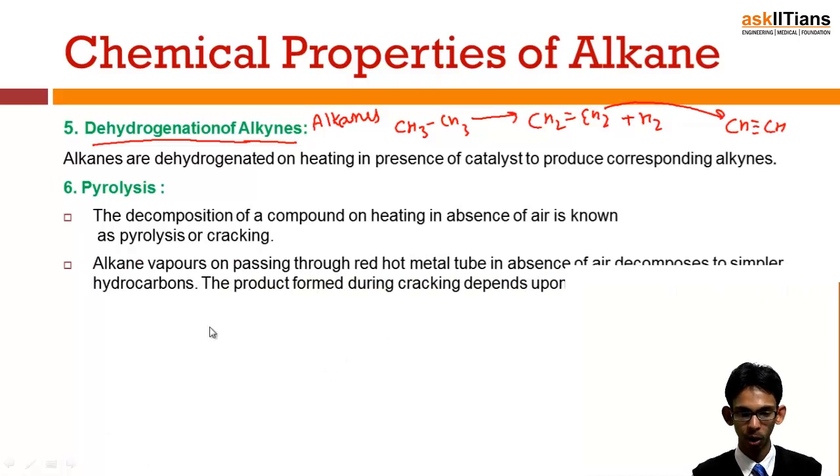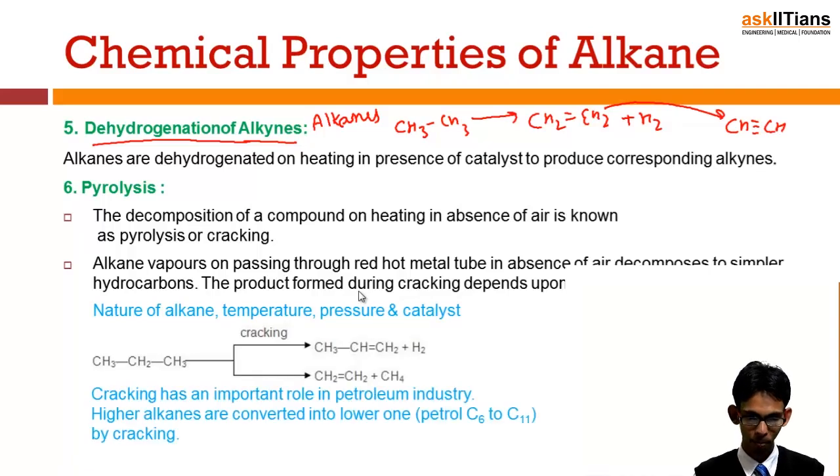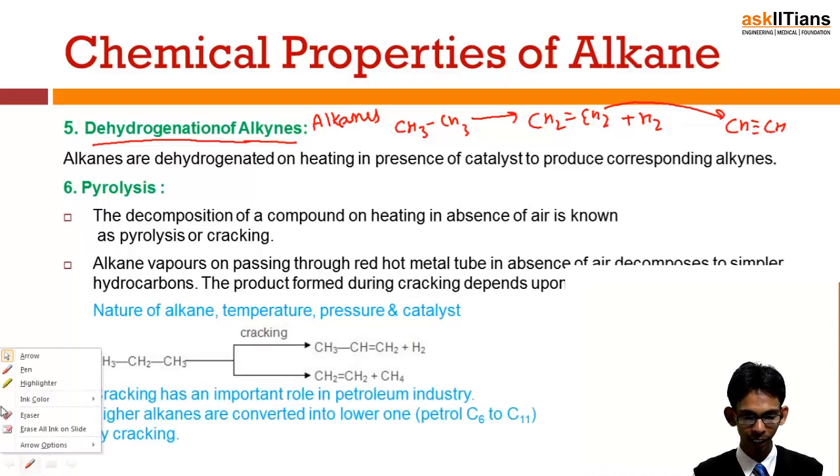Alkane vapors on passing through a red hot thermal tube in the absence of air decompose to simpler hydrocarbons, and the product formed during cracking depends upon the nature of the alkane, temperature, pressure and catalyst used. So there are two processes which are taking place. The one is